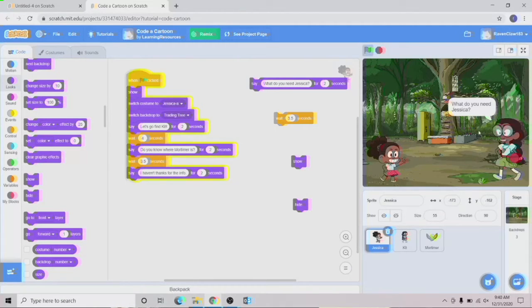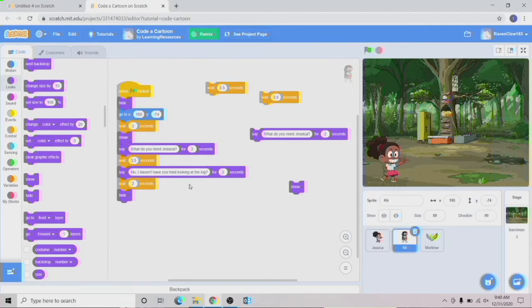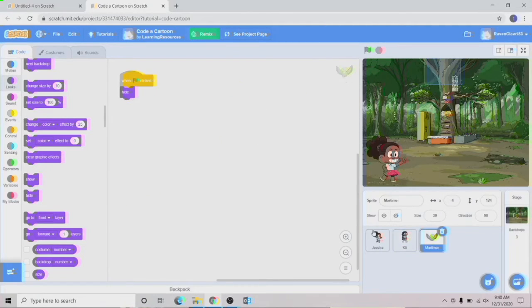As you can see, the code is working fine, and they're having a conversation. After this, we don't have to worry about Kit for a little bit, but we do need to count up seconds after we program Mortimer a little bit. So after this, we want to have